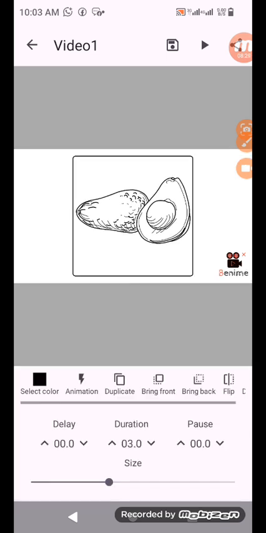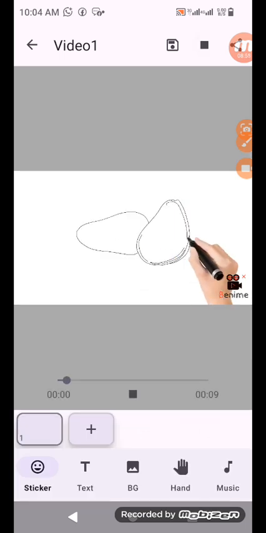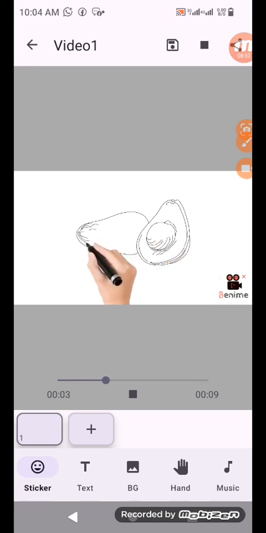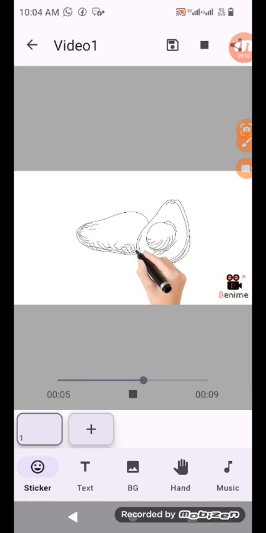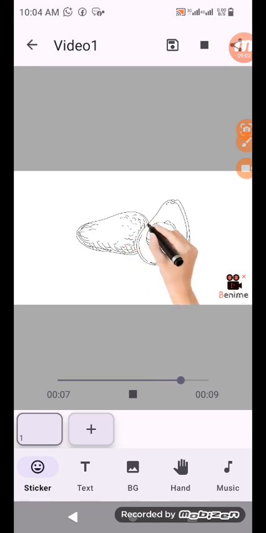Where do I reduce the speed? If I click inside there, you can see I can reduce the speed where you have duration. If I increase the duration time from this 3 seconds, I click here, I'm increasing it. The more you increase the duration, that is the reduction of the speed. If you reduce the duration, you are increasing speed. So I've now put it at 8. Now let's go. Now watch. Are you seeing it? The speed is slower because I increased the duration.